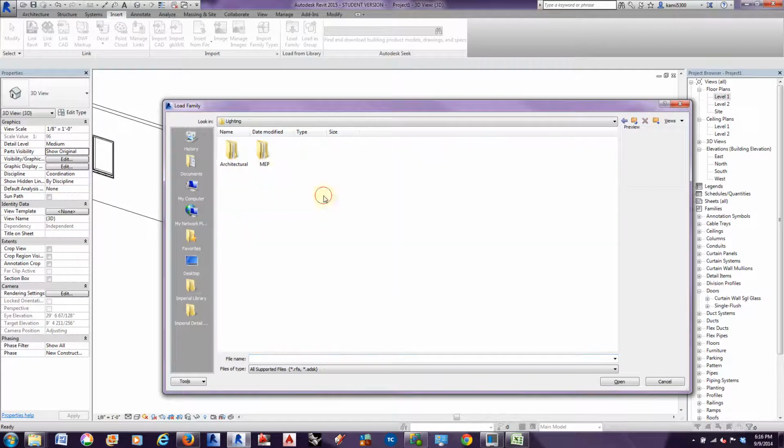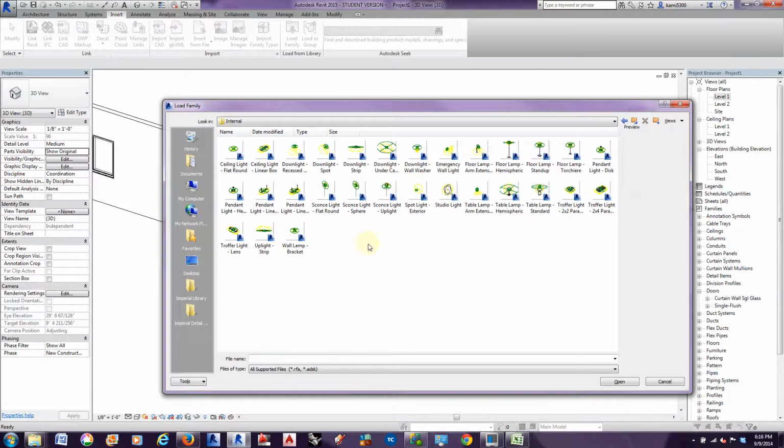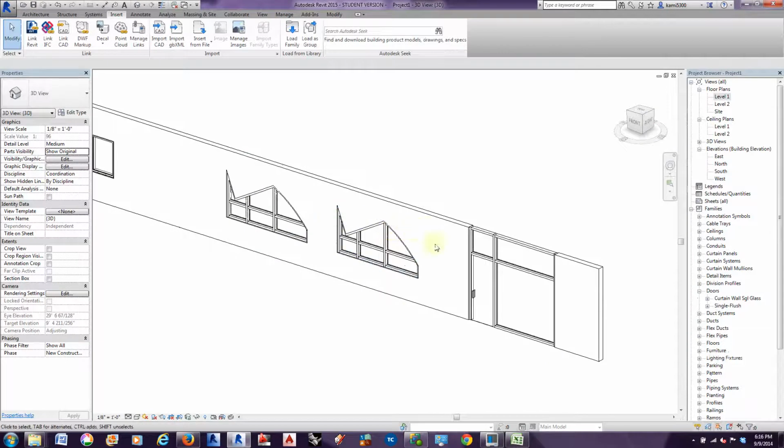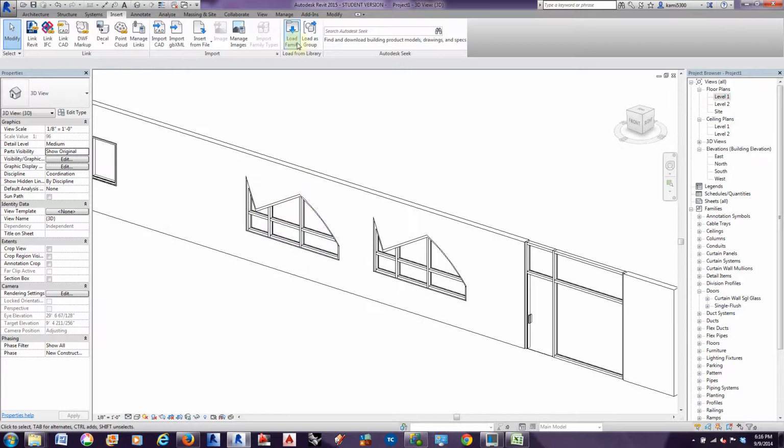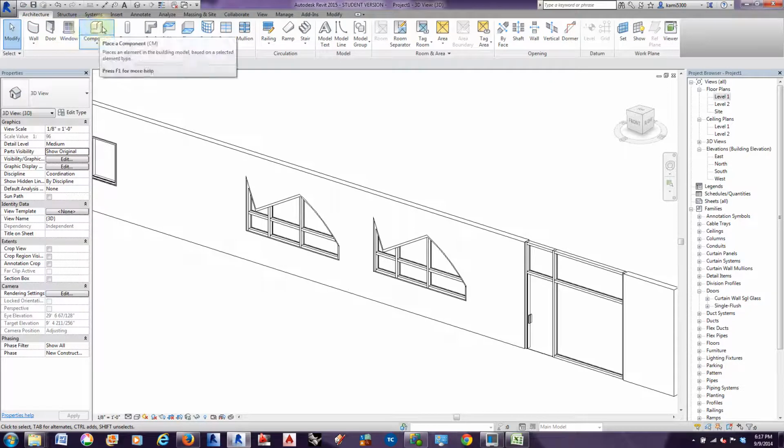I'm just going to grab a light and do an architectural internal light, and let's just do a sconce, flat round, similar to last class. And when I load it in, nothing happens, and that's because we're just loading in families. We're not actually in a tool, whereas when we were going directly from the tool to load in families, they would instantly appear after you load it in. You'll find that this component tool,